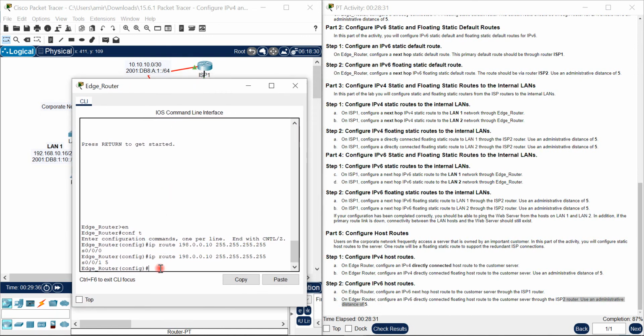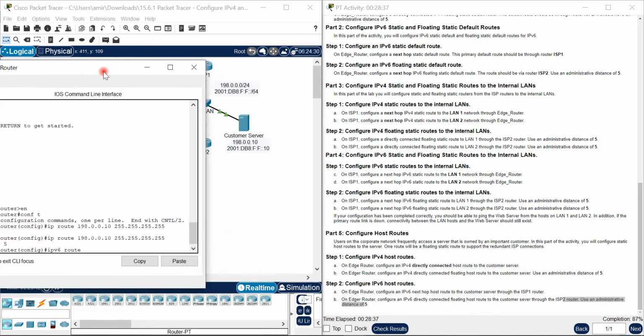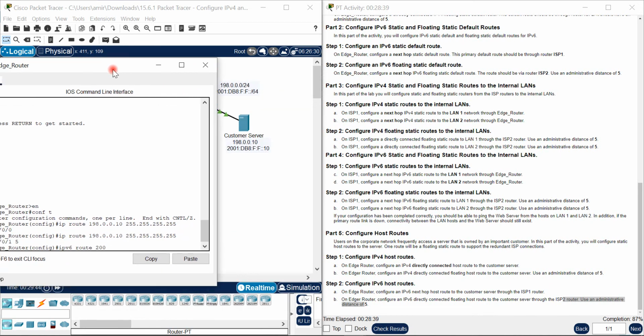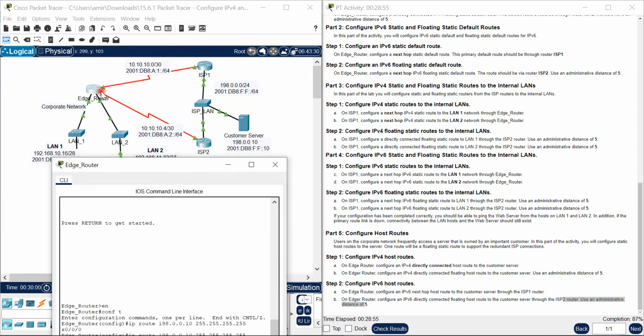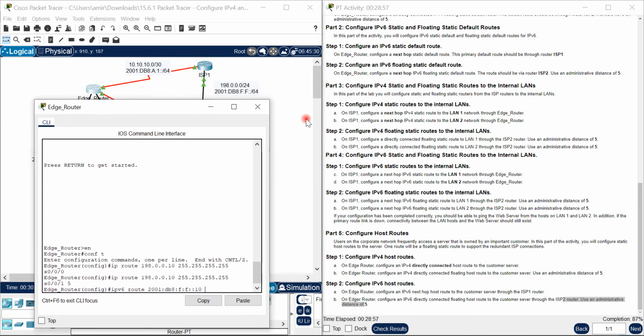Also you can write here IP version 6 route, and what is the IP address of this host, DB8, I mean customer server. Here is our host here, 10, and we should send it to,